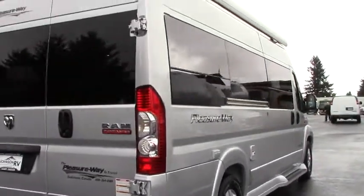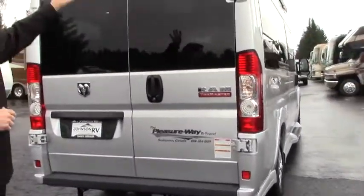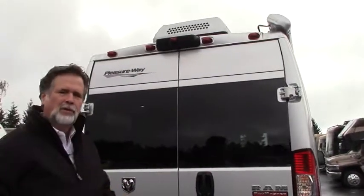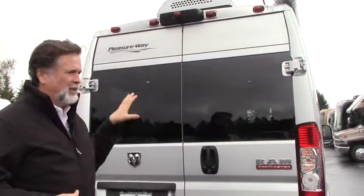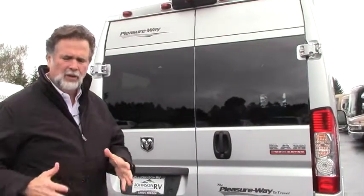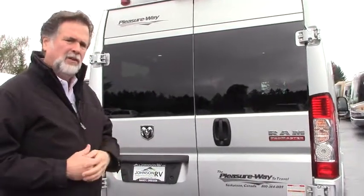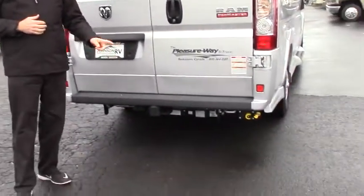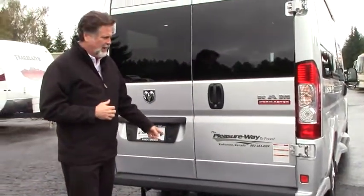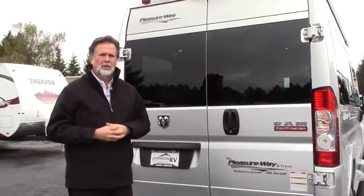As we come around the back, a couple things to point out. We have a backup camera, so when you get in close, you're parking, you're getting to know your little Class B motorhome. You get in there tight, and you've got a nice way to see how close you are to things and feel safe in your parking. It's hitched and ready to tow. You want to keep it under 3,000 pounds on this chassis,